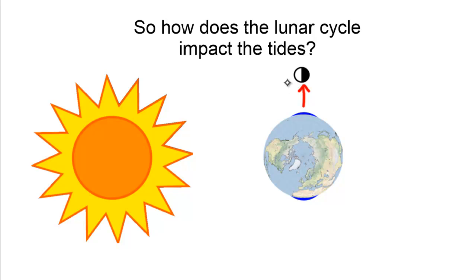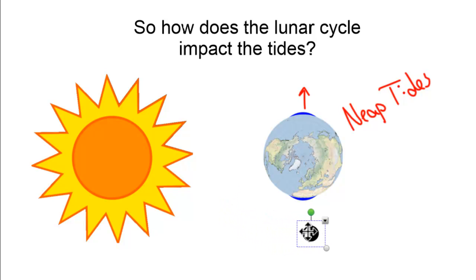It's a lot closer. But the sun, like I said, is so huge, even though it's really, really far away, that it acts to counteract some of the gravitational pull from the moon. This is what gives us our neap tides. In other words, our lowest high tides of the lunar cycle or the tidal cycle. They're both cycles. And this happens not just at the last quarter, but also if we take our moon and we have it revolve around the Earth